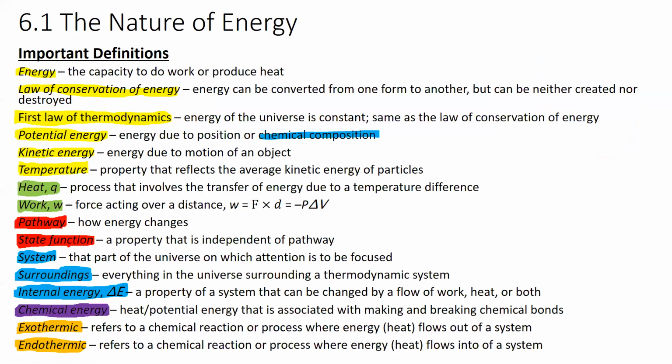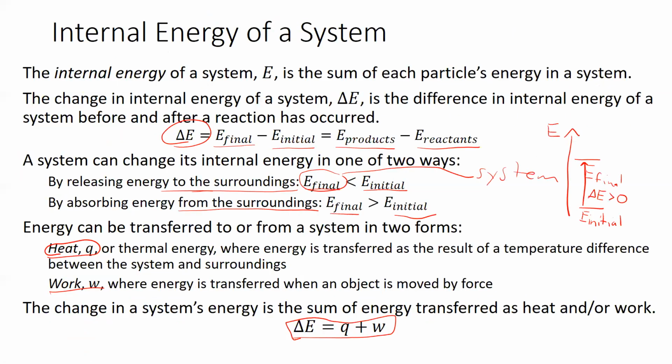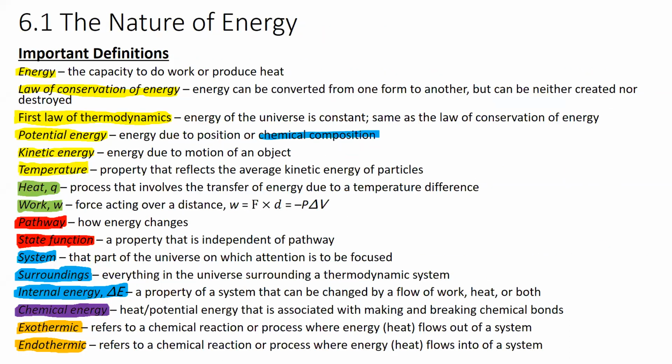And energy is important in chemistry because chemical reactions occur because they're striving to get to the lowest energy state, or the most stable state overall in most cases. And so we talked about the internal energy of a system, where the system is that thing that we're interested in. And so just as we go back up here, right, the system,